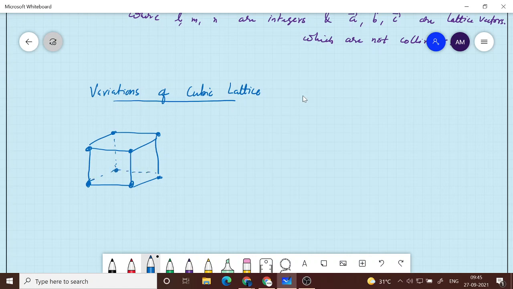So this is a cubic lattice at the corner of a cube. Every side is the same, A, A, and A, and there is an atom, or a group of atoms, sitting with respect to each corner. So the lattice points are arranged like this, with repetition of the lattice point. So this is the unit cell of a simple cubic structure.